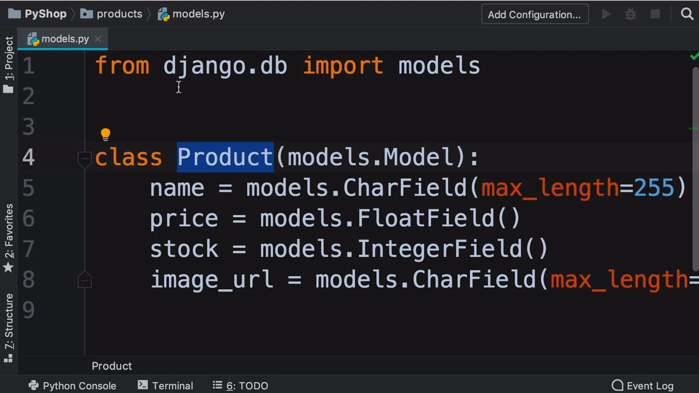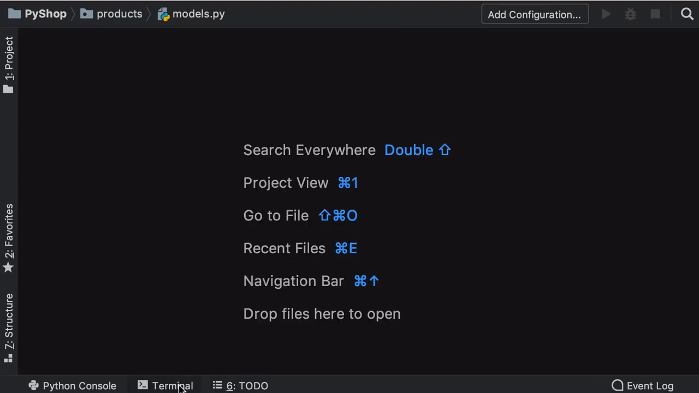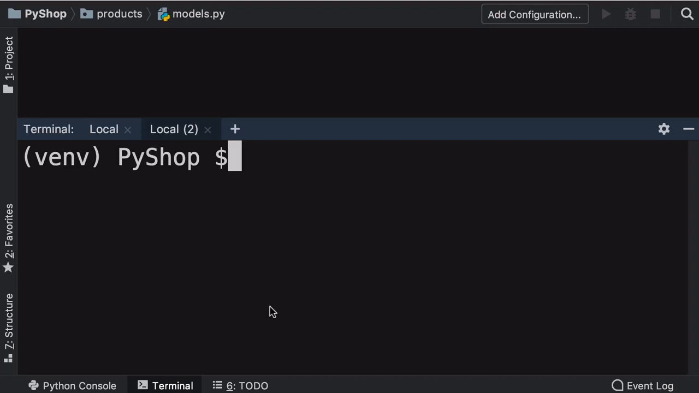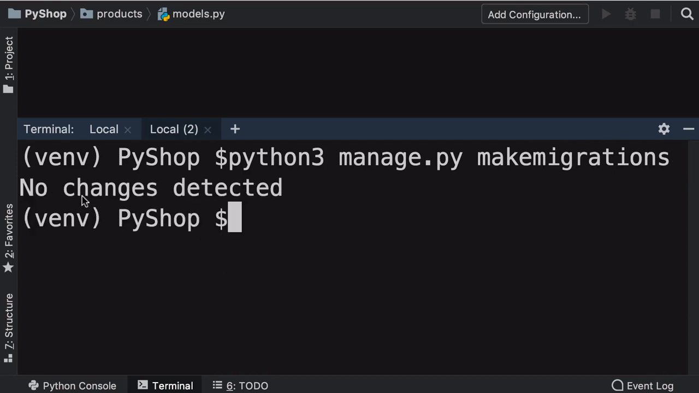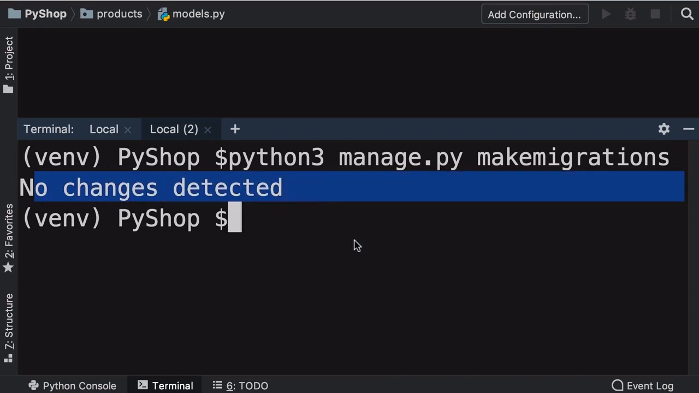That is very easy. So here down the bottom, let's open up a new terminal window and run python on Windows or python3 on Mac, manage.py makemigrations. Make sure to spell this properly. So makemigrations in one word. Now when you run this, you get this message, no changes detected, because by default, Django doesn't know about our